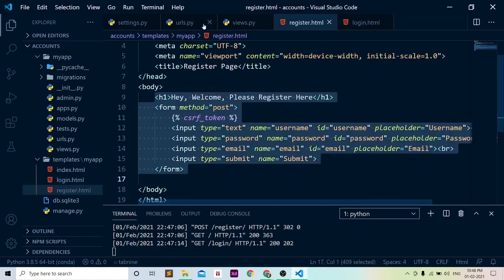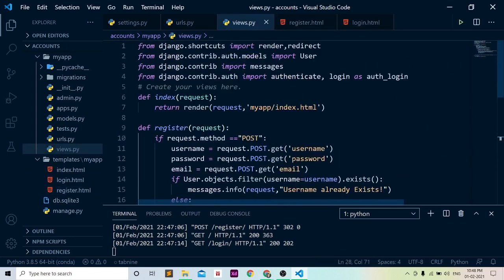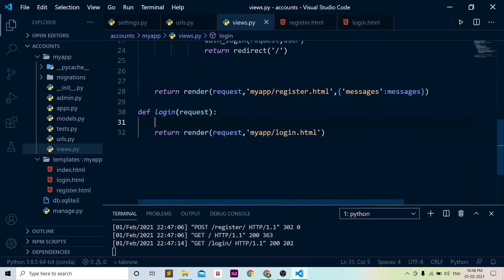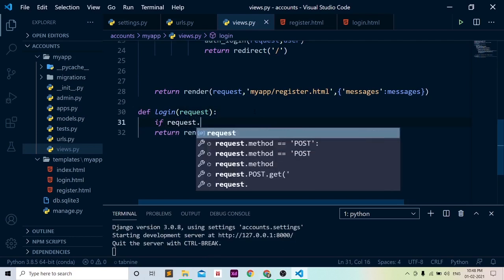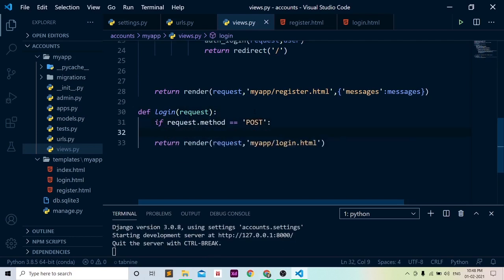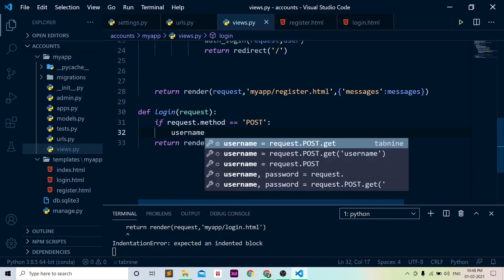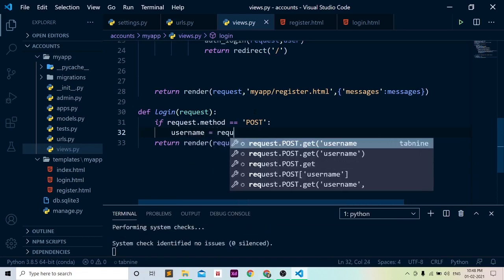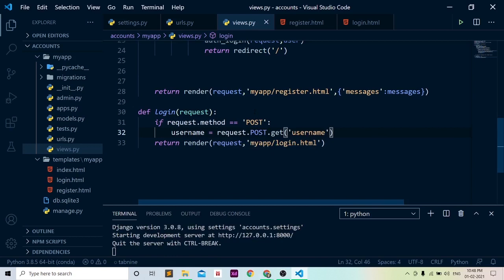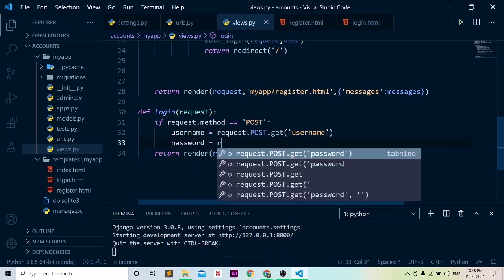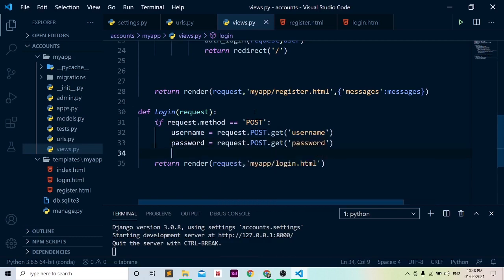Okay, in our views.py file, in index we don't have to do anything. In login, we have to check if request.method equals POST. If it is equal to POST, then we will log in that user. We will get its values first. Username equals request.POST.get username, and similarly password equals request.POST.get password.